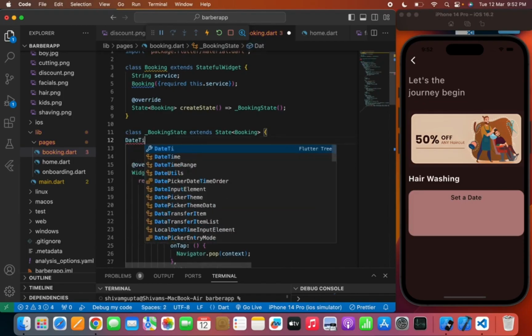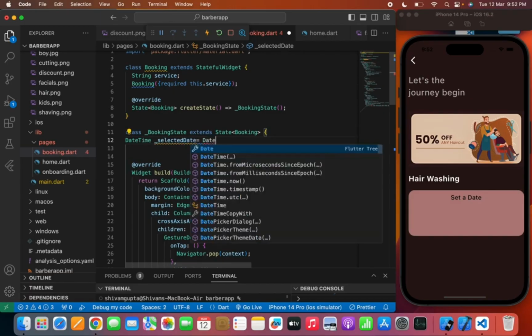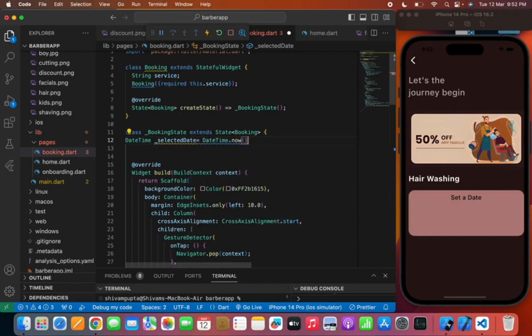So I will write DateTime, and I will pass the selected date, and through DateTime dot now I will get the current date in the selected date,